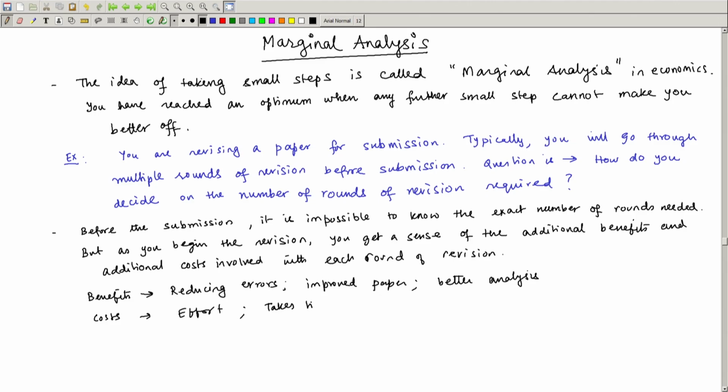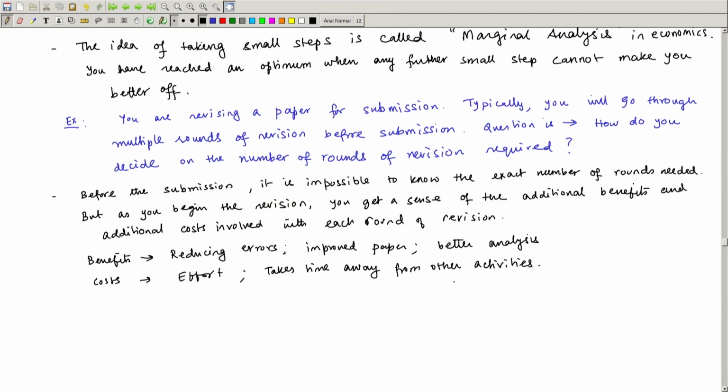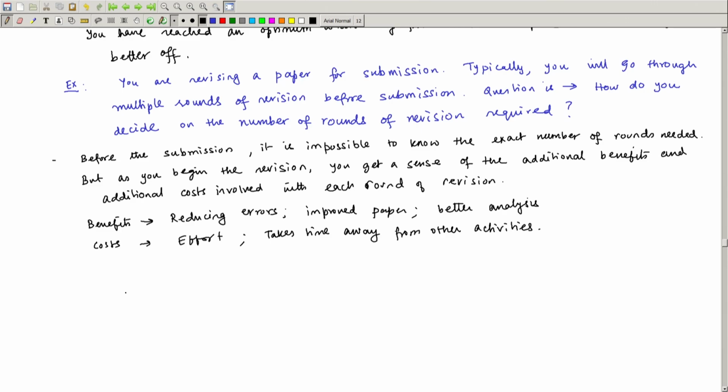So, it takes time away from other activities. So, you get a sense of the benefits and costs. The benefits are the much improved paper and the higher probability that once you submit, the paper gets accepted, but the costs are also these efforts and the time it takes to read, revise, make the corrections and so on. Now, if you think of the first round of revision,